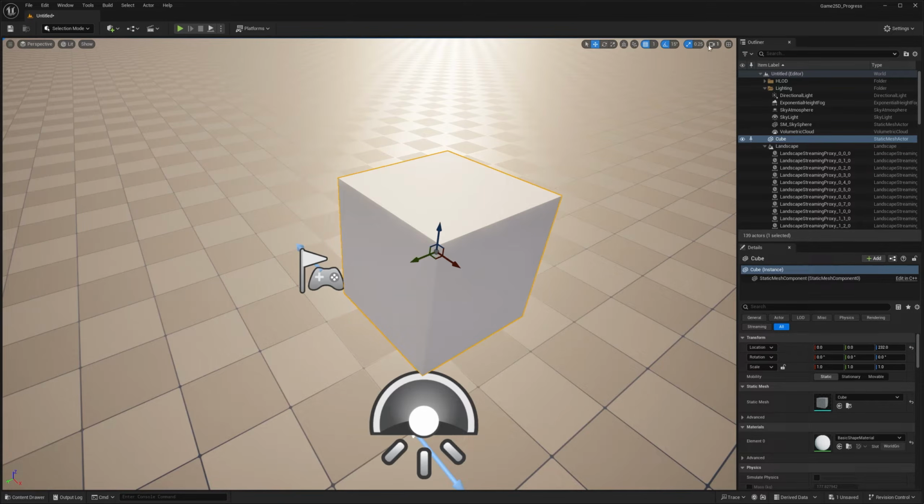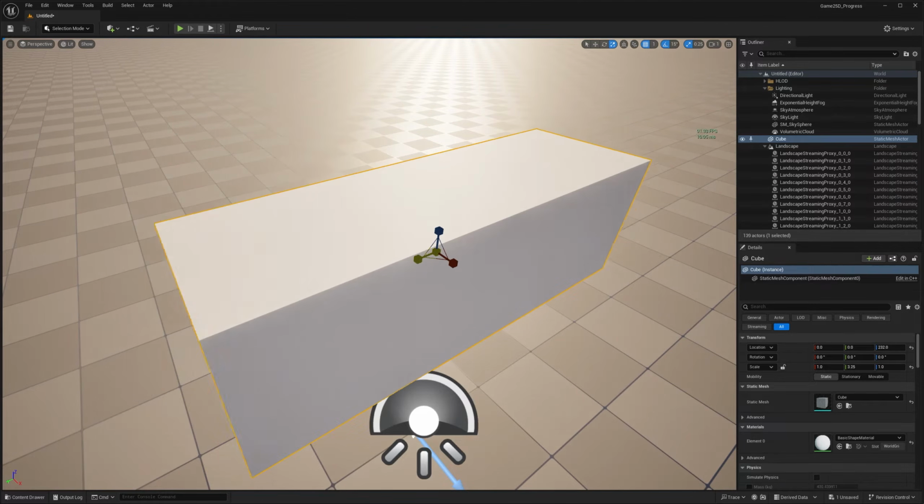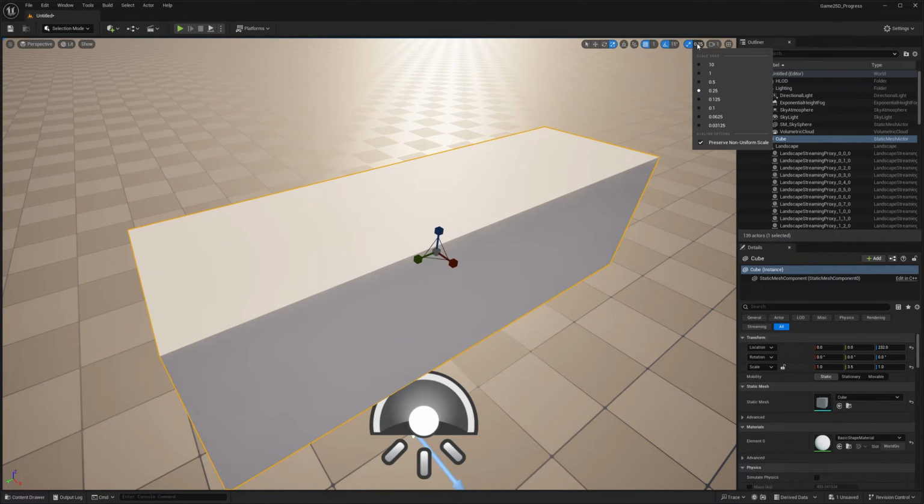In the top here, if I click on that button, you see there's a bunch of weird snap values for scaling, right? So I'm going to go here and press R, and I'm going to start scaling, and look at the details tab here. I'm scaling by 3.5. It seems like this is going in increments of 0.25. What happens if I go to 10?